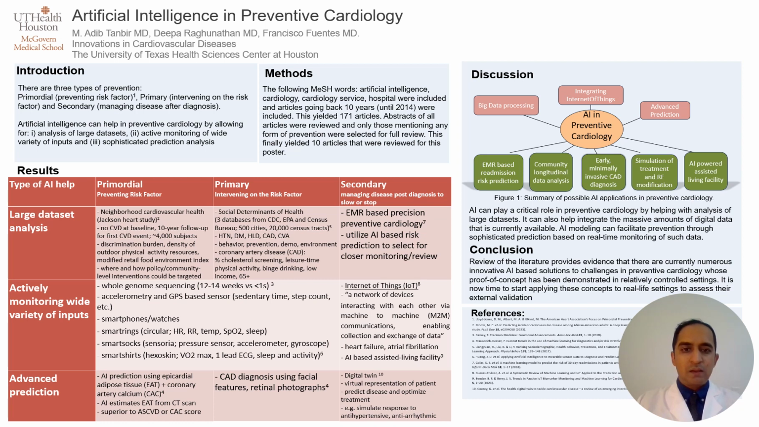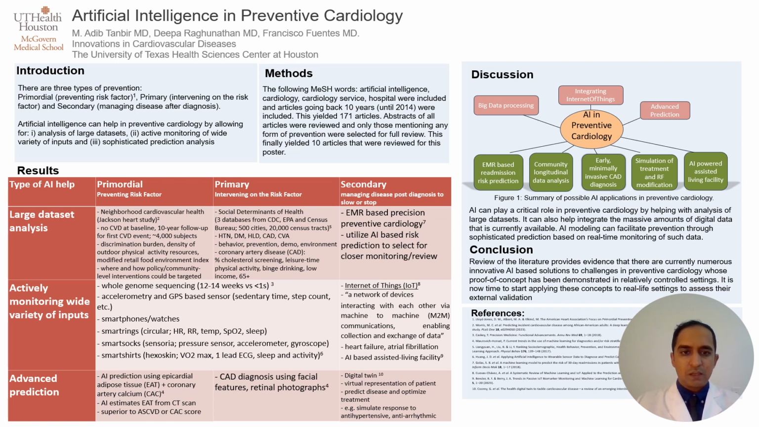So now let's get into it and take a closer look at these three unique ways in which artificial intelligence can assist in preventive cardiology by looking one by one at their applications with respect to primordial, primary, and secondary prevention. So let's start off by talking about large dataset analysis in the context of primary prevention by looking at